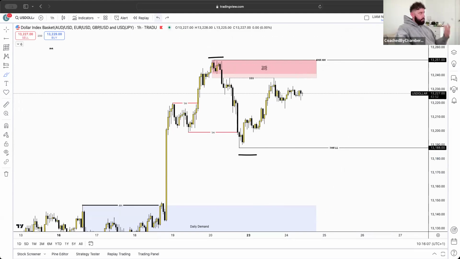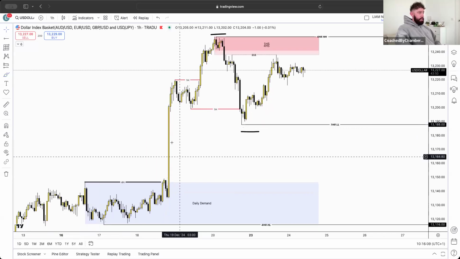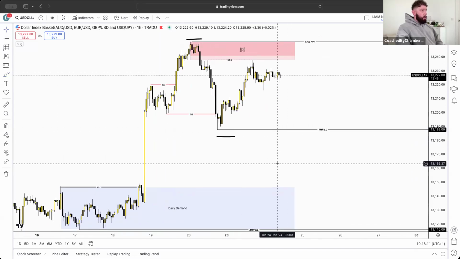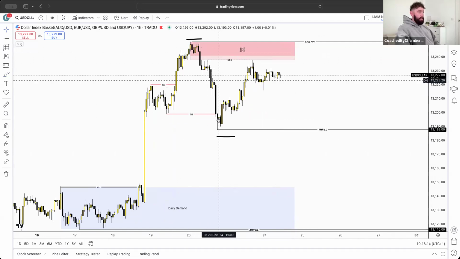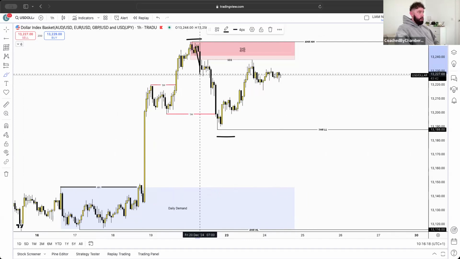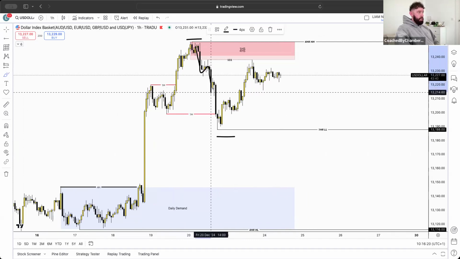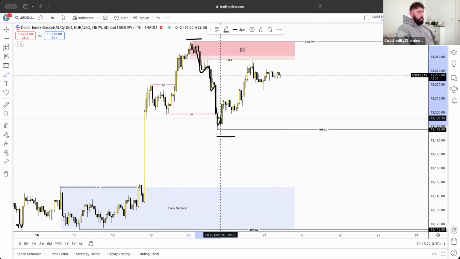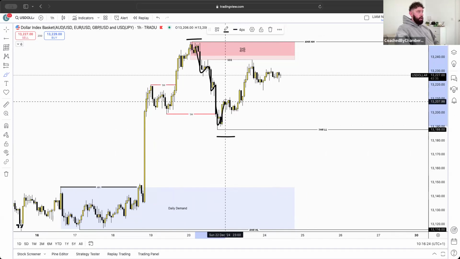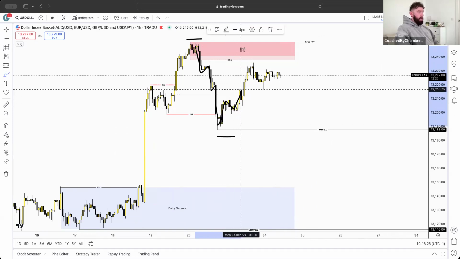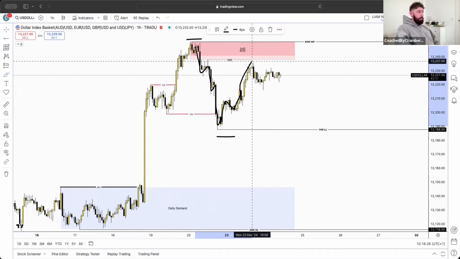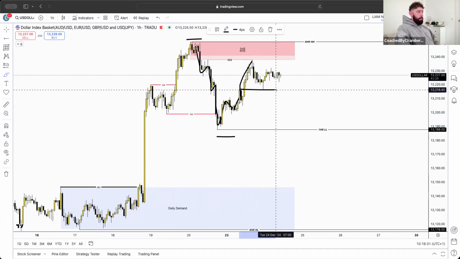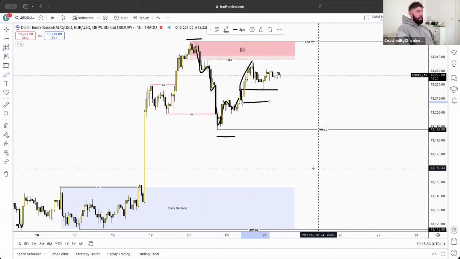Because like I said, I want to see the markets come and rebalance this if possible, but also understand that obviously, yes, we're in this leg here. But if you look at the actual internal trend, we've got a downwards trend here, lower low, lower high, lower low, we come back up, we come back down, create a higher high, higher low, higher high, higher low, higher high. So as you can see right now, we are playing out of this demand level here.